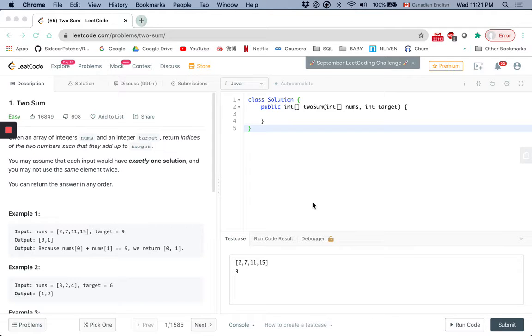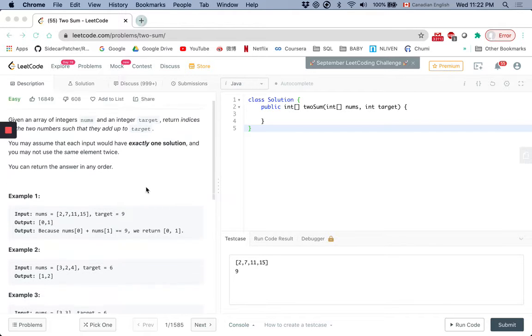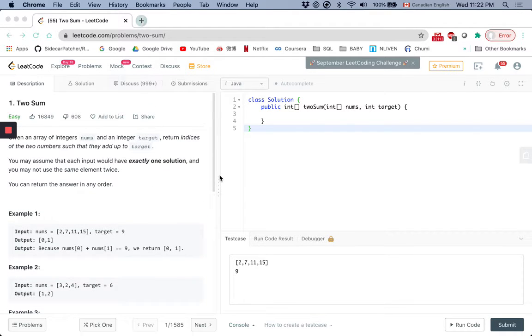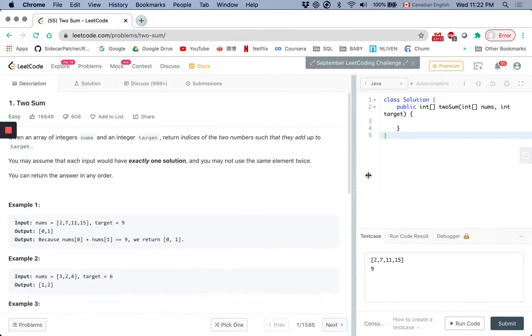Today we're looking at a very interesting algorithm problem, which is Two Sum. It is the very first problem available on LeetCode. So let's get started. The problem is